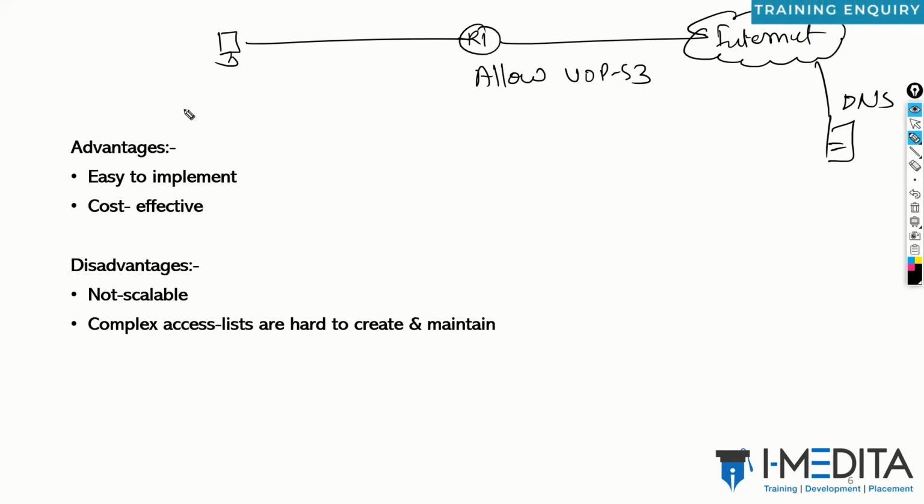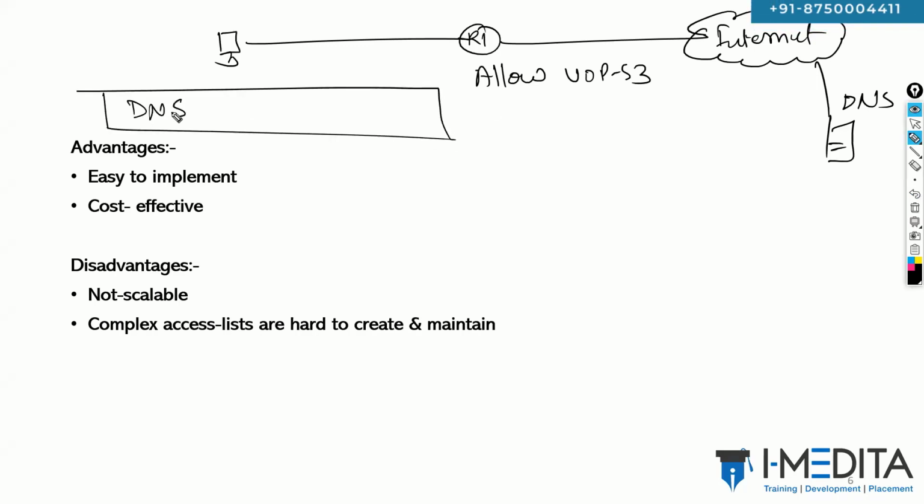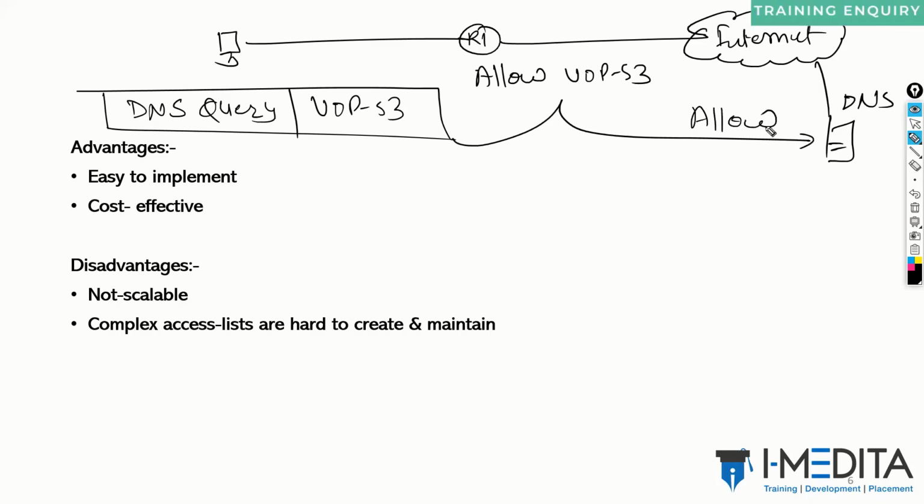Now, what will the client do? The client will send a DNS query that will be encapsulated under UDP port number 53. That traffic will come through the ACL that is allowed. So when we allow a port, on that port UDP is allowed and DNS is allowed, but